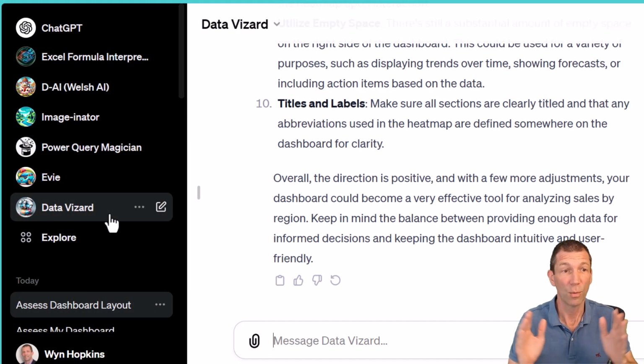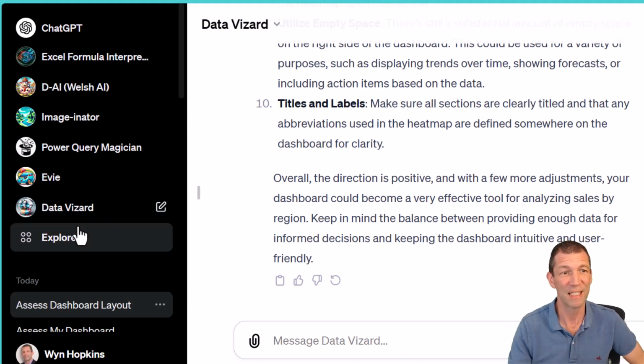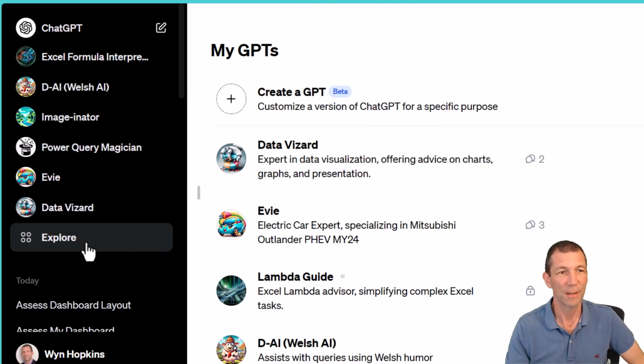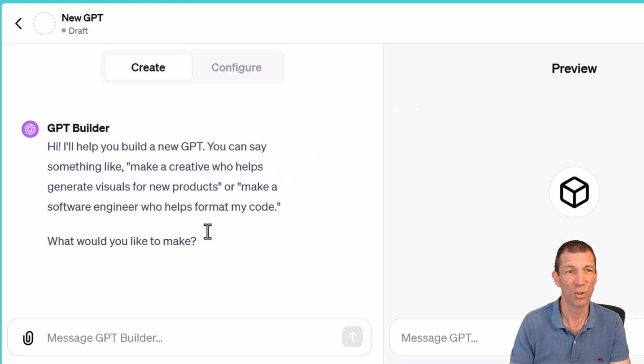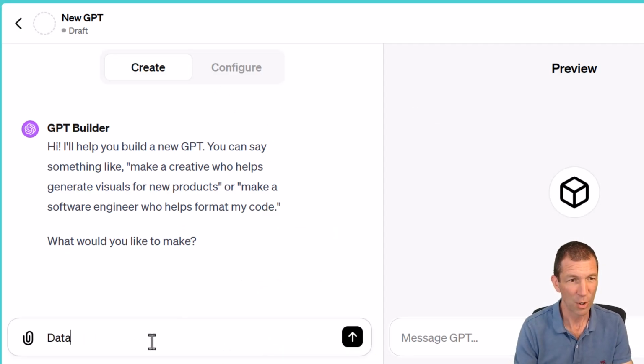All right, so how do I create this Data Vizard? Okay, so explore, create a GPT. This is only available in GPT-4, the paid version. I create one here. I've already done one, but I'll create one just to show you what's involved. I want to create a data visualization,